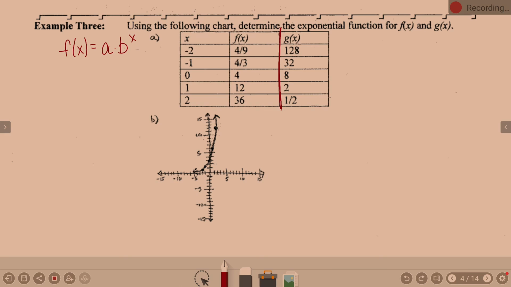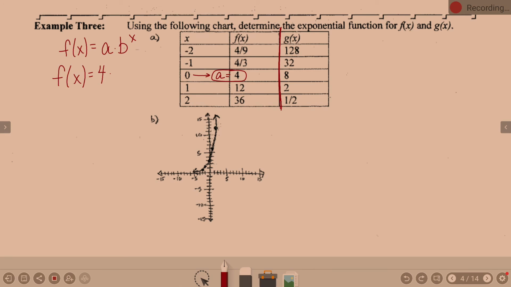A, if you recall, is the initial value. I mentioned it earlier, it's the initial value when x is 0. What do we know when x is 0? f of x is 4. This is your A right there. When x is 0, that's always where you'll find your initial value. So I know when I write this equation, I can write f of x equals 4 times,